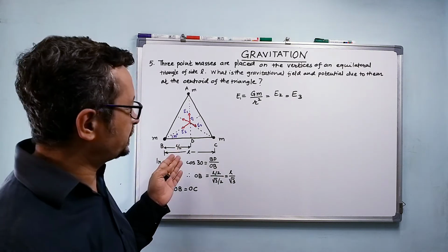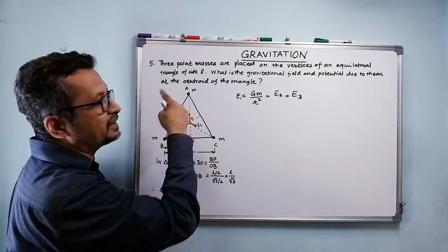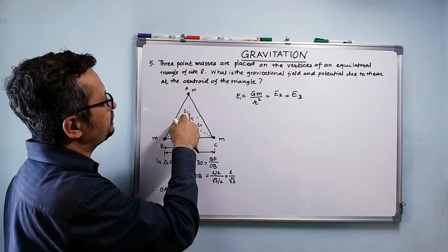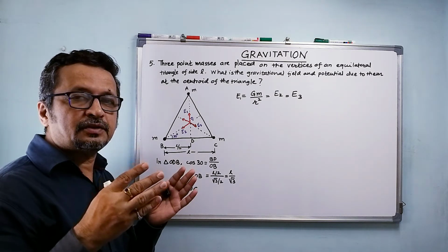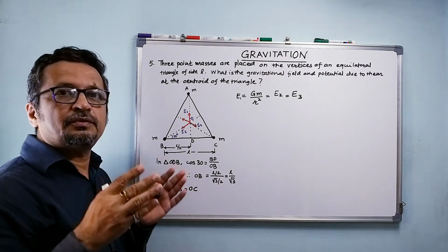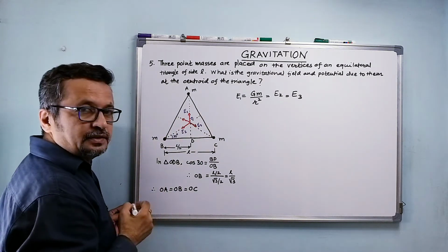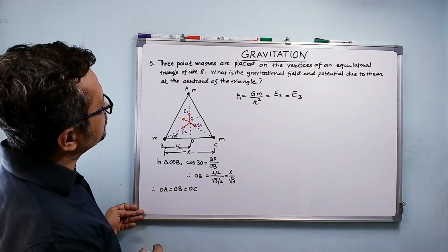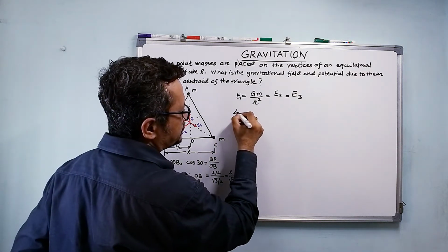It is a vector quantity, right? If you see here, I have marked the vectors by the red arrows. So E1, E2. Now we have to find the resultant of three vectors, correct? So we will take two at a time. We will take E1 and E2 first. What is the angle between E1 and E2? Is it not 120 degrees? Angle between